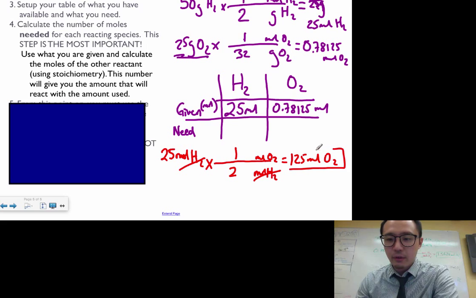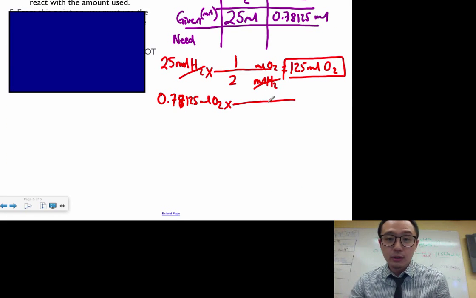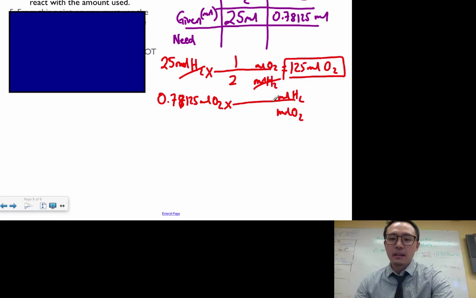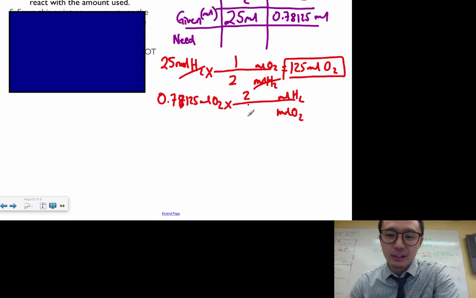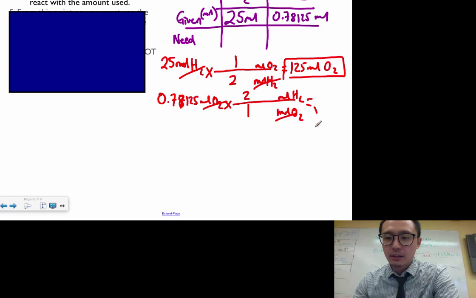This 12.5 of O2 is the amount that I'm given, that I need. So the next point is then how much of the O2 with the H2, 0.78125 moles of O2 times division bar. Maybe let me extend this page a little bit. So then I need your stoic, so I'm going to have moles of O2 in the bottom, moles of H2 at the top. So the ratio now is reversed, so it's 2 to 1. So then I'm going to cancel my moles of O2, and this answer, I'm just going to put it here, should be 1.5625